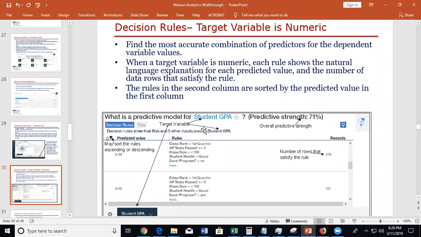This is what happens if my target variable is numeric. Here I picked that I want to predict the student GPA, and I want to build the model. So basically here the rule defines the category of students. So I have